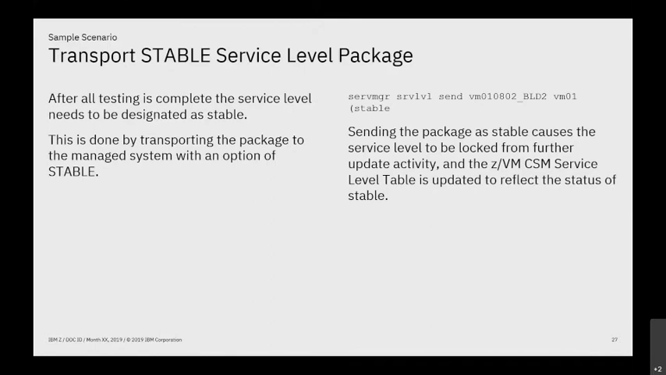It wasn't on the RSU, it wasn't in the bucket, but it's some new function that I really think I need. So I could go back on my principal system and run SERVMGR service level service and install that PTF into that service level. I could package it, I could send it again. And presumably if I think I'm done, then what I want to do is send that service level with the stable attribute. So that way,